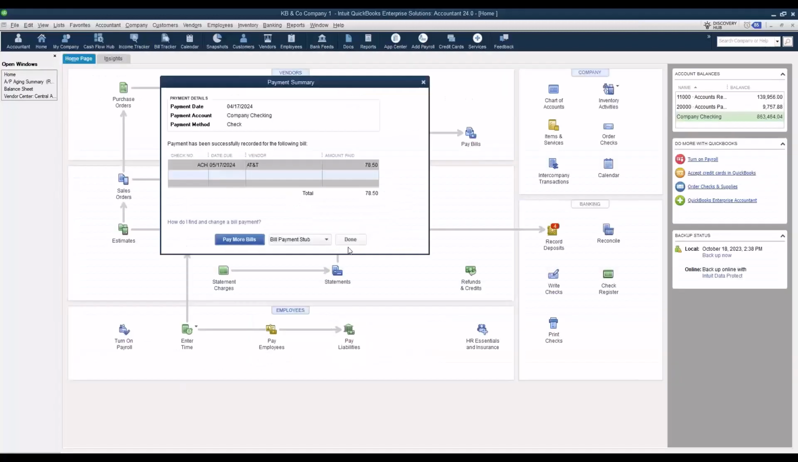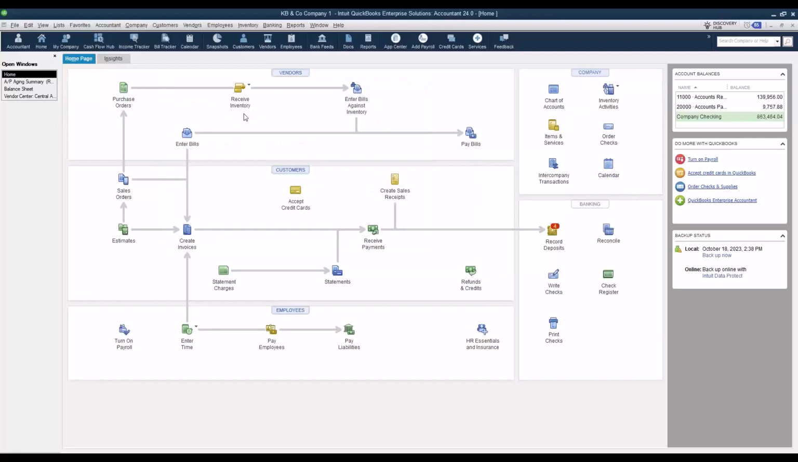Once I click OK here, I get a little pop-up message that confirms that payment summary. I can print that bill payment stub if I choose, or return back to my pay bills window. So I'm going to click Done because we're about to move on to our